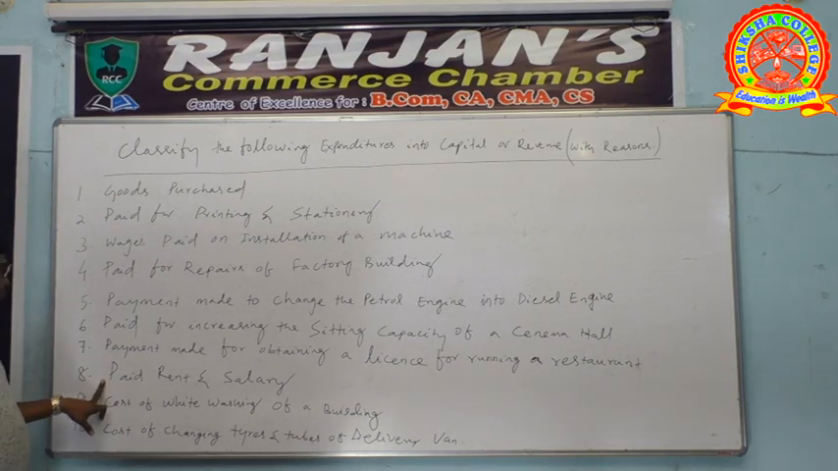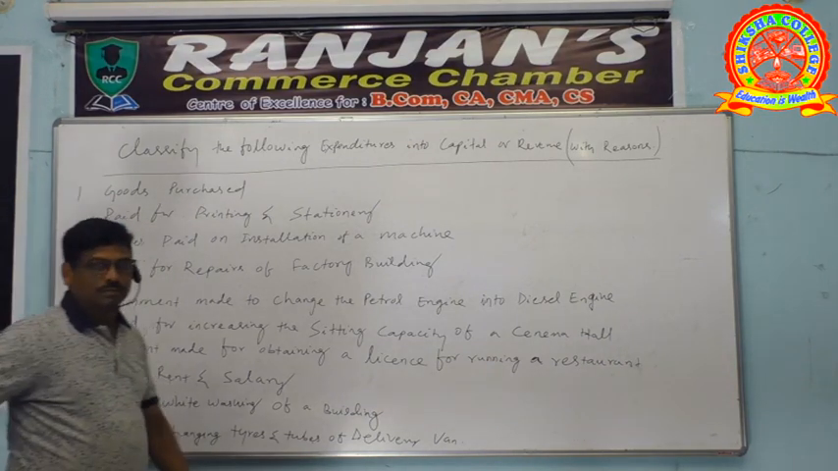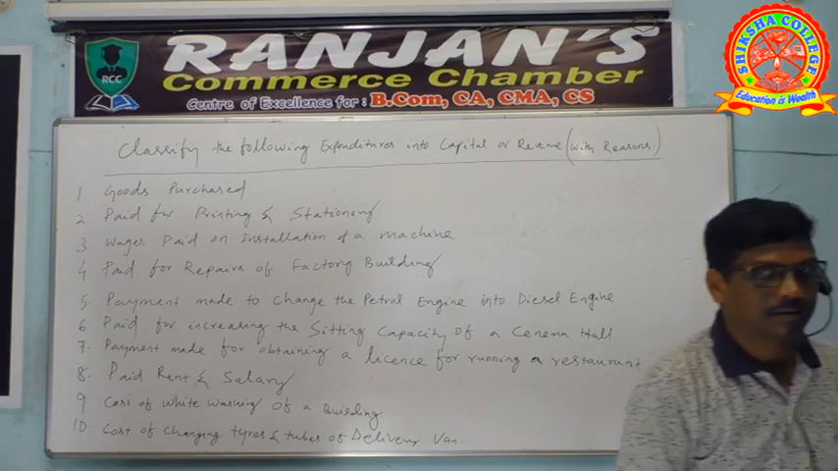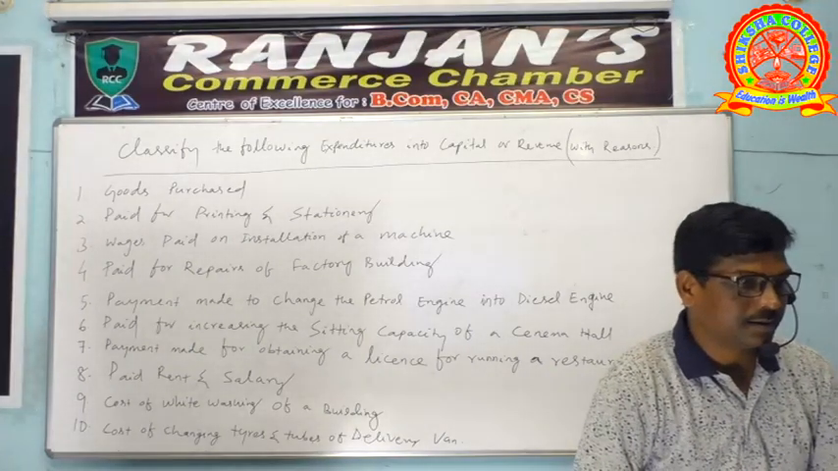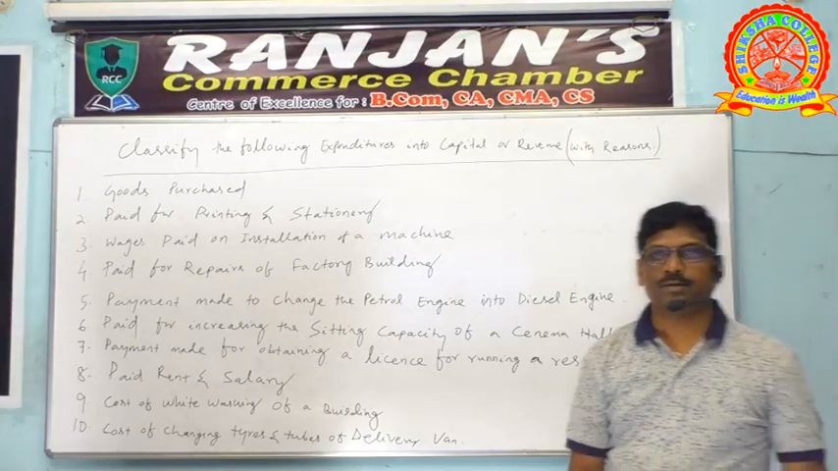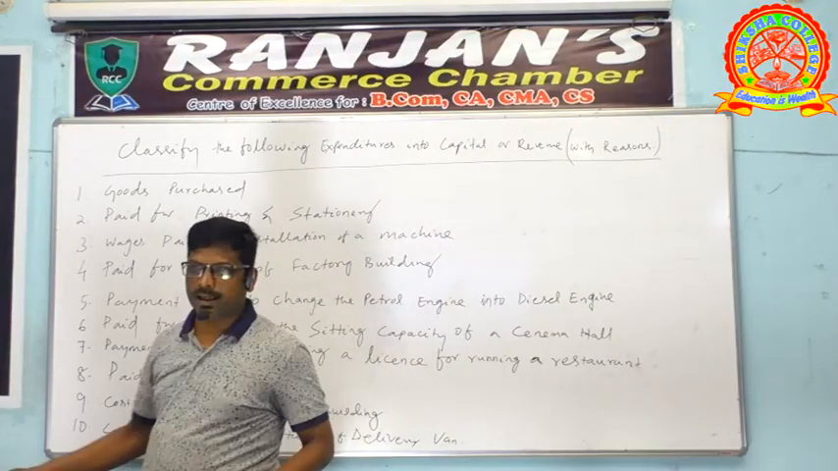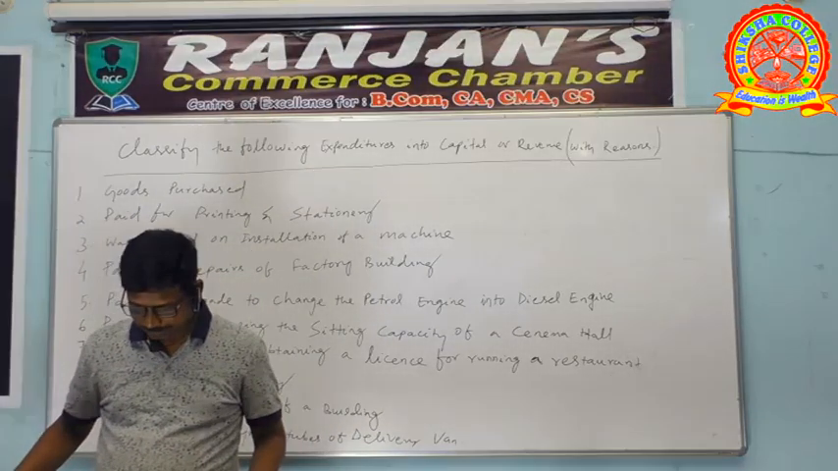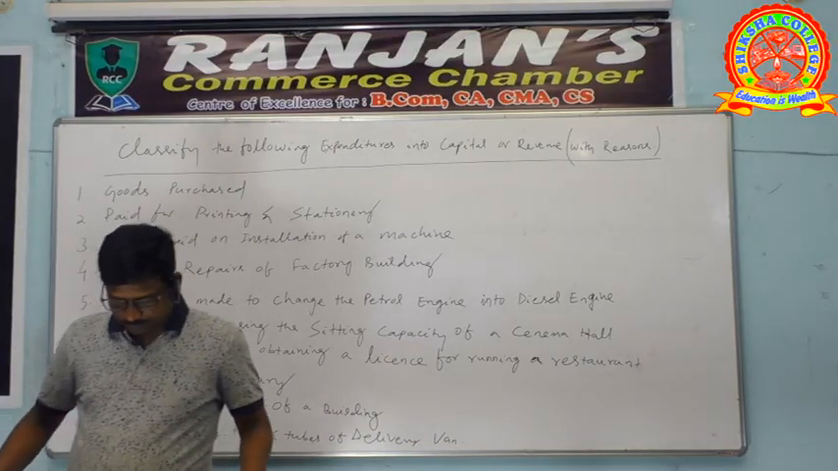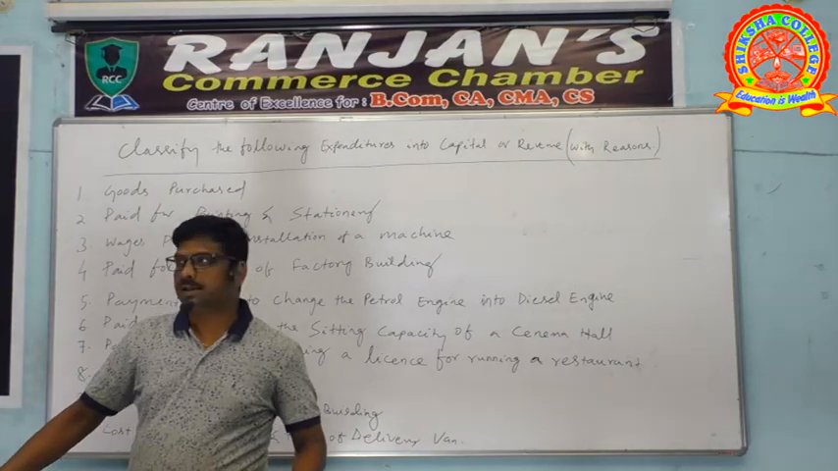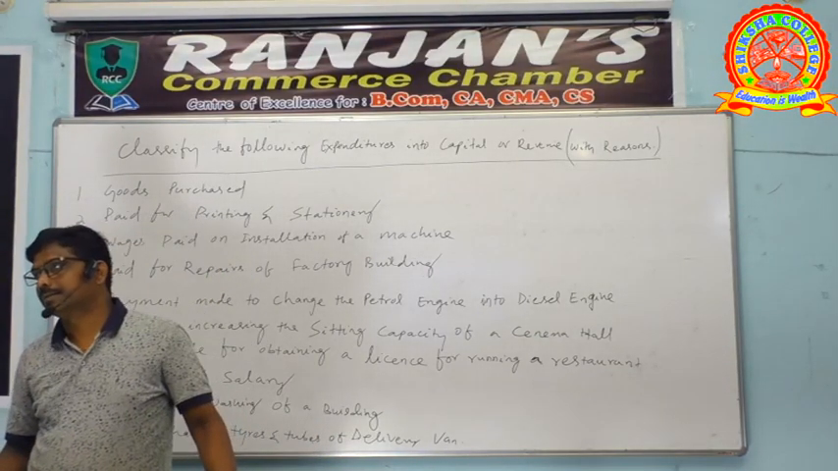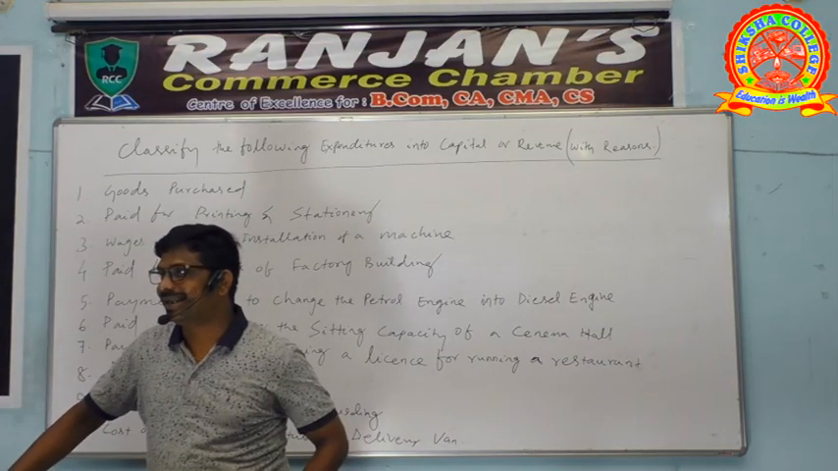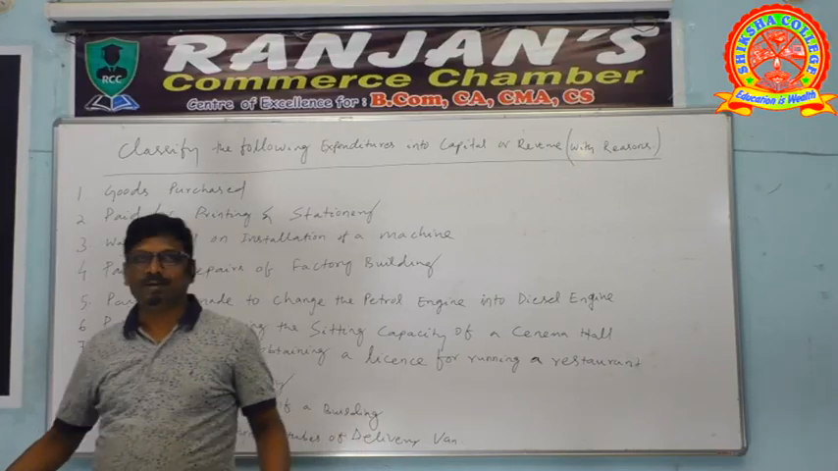Number 8. Payment of rent and salary. What will you say? Rent and salary. Yes? Good. Payment of rent and salaries are revenue expenses. Okay? Write down. Payment of rent and salaries are revenue expenses